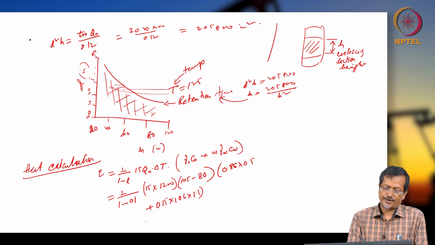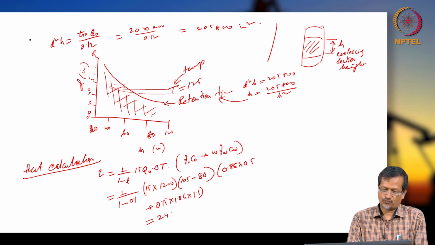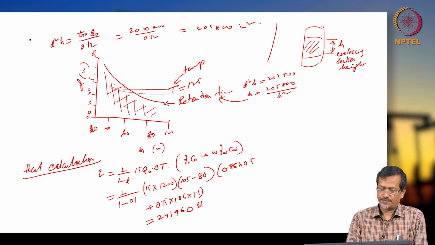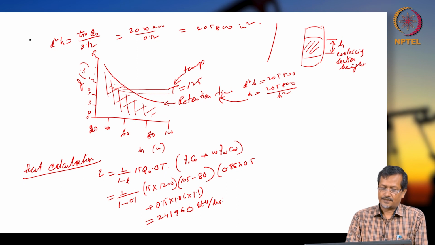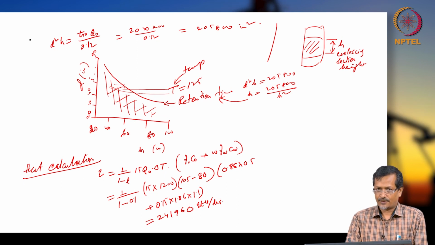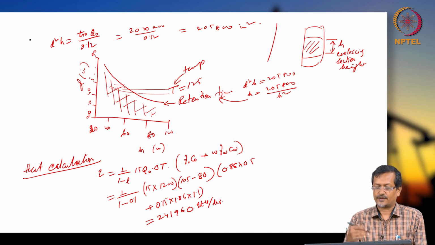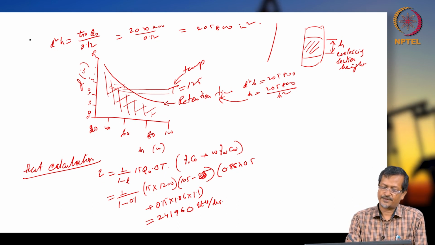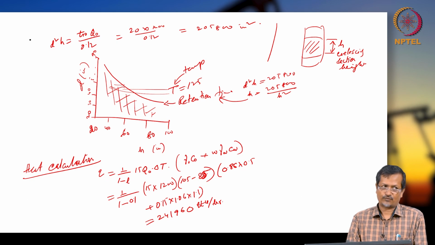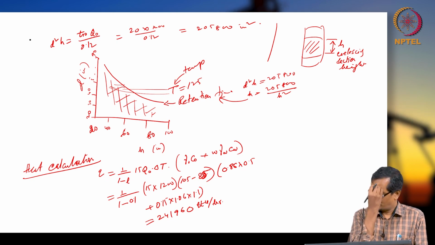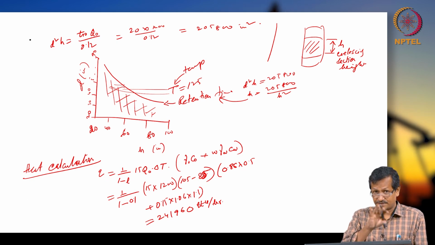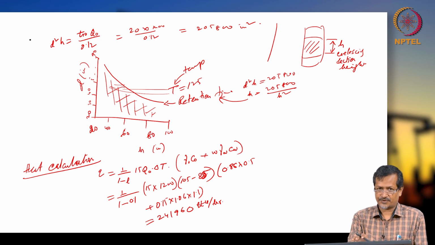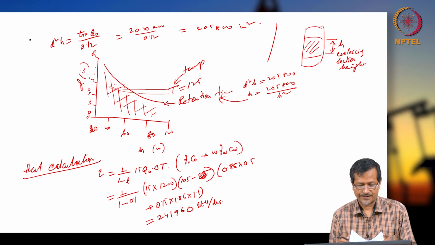Okay. So finally, this data is giving 241,960 BTU per hour. So this much heat will be required for heating your system from 85 to 105 degree centigrade temperature, and with 15% inlet water. That water will be separated during this separation process. Okay. Thank you very much for this